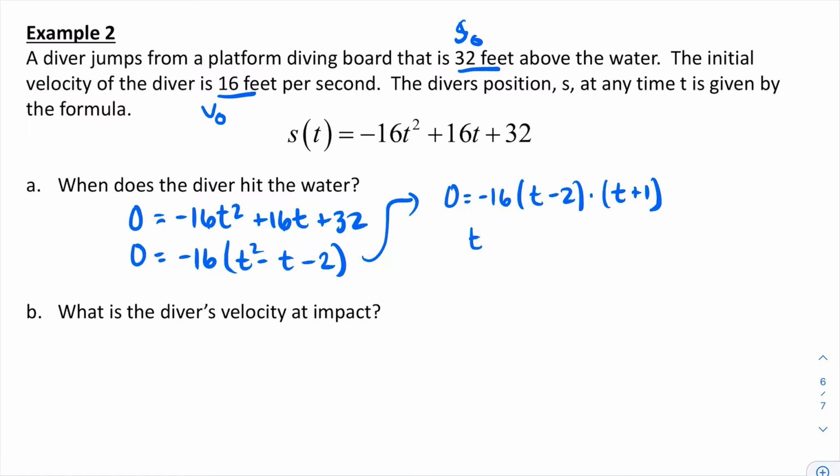Okay, so set each one of those factors equal to 0. So I get 2 and negative 1. We do not have a DeLorean. We do not have a time machine. So we ignore that one. And we deal with s of 2. So what is the